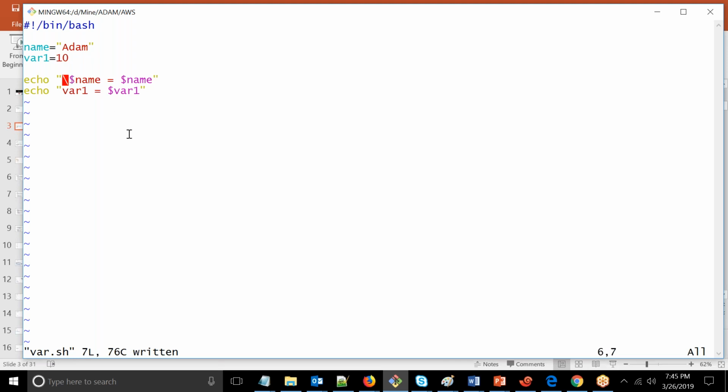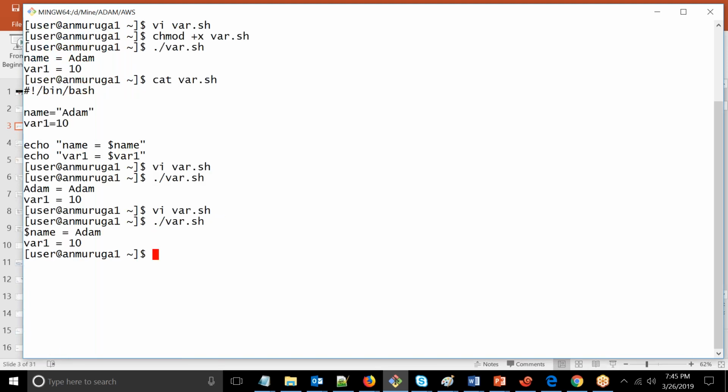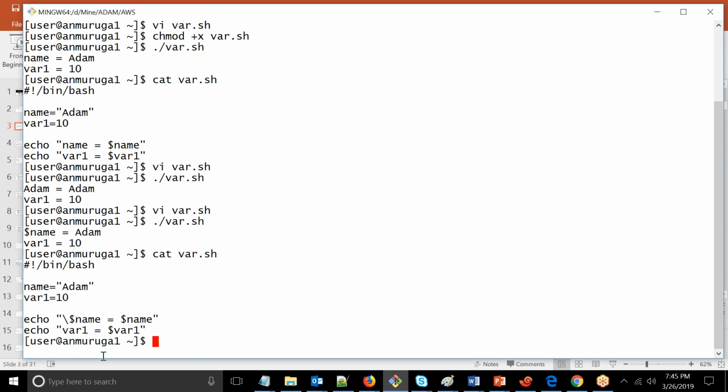So because of this, it is going to print dollar and name, because it will consider both of them as separate. So now you see, it's going to give you the exact string. So this is how, if you want to negate something, which is nothing but take away the default meaning of it, you're going to use the backslash. So these variables are called scalar variables, which we are using within the